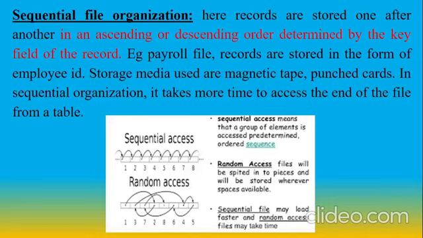One more example I'll tell you. I don't know whether you have seen the old tape recorder. It is used to hear songs. In a tape recorder, the songs are stored one after the other, and if you want to access a particular song, we can't access it directly. What we have to do is play the songs one after the other, or forward until we reach that particular song. So here we can't access the data directly in this kind of file organization. That is called sequential file organization. One after the other only we can access the data from this kind of file organization. Clear?